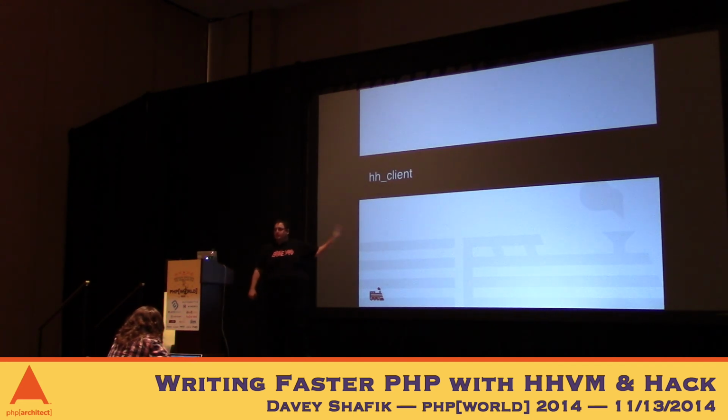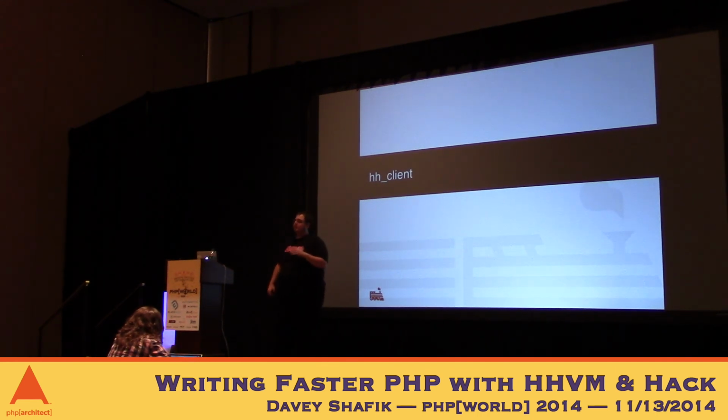The second part is HH client. Now this is what you're going to use to actually look at those results. What's cool about this is it will start HHserver automatically if necessary. It retrieves the results of that static analysis that have already happened, or obviously it initiates it if it just started the server, and it displays them in the CLI, or it integrates with Vim and Emacs. Has a JSON output as well.